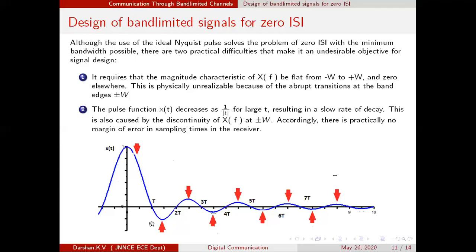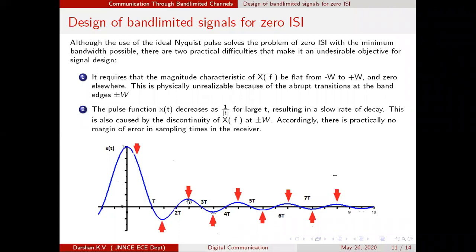This happens in the hardware part, not mathematically or on plain paper. That won't happen there, but when you implement the circuitry, that may happen. It is not possible, due to some reasons, to take the sample exactly at time t. There may be small variations in the sampling time. Then what do you get? Instead of 0, you are getting some non-zero values. Don't bother about whether it is positive or negative. Yes, it is non-zero. Again you are having non-zero values.